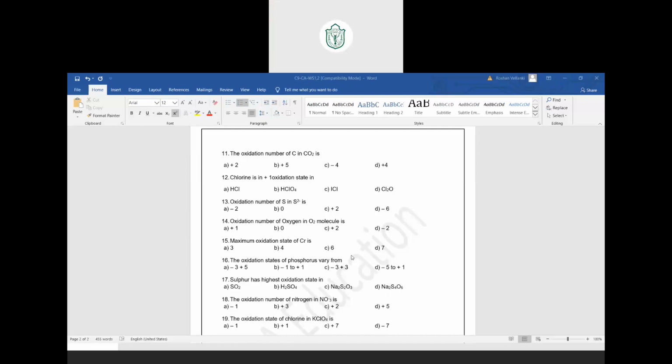That means what is the correct option? Which among the following has the highest oxidation number for sulfur? Option B. Sulfuric acid is the answer. That's why I told you to solve each and every compound. Then only answer. Anish, why A? Sulfur dioxide, oxidation number of sulfur is 4. In sulfuric acid, it is 6. He's asking sulfur has the highest oxidation number in.